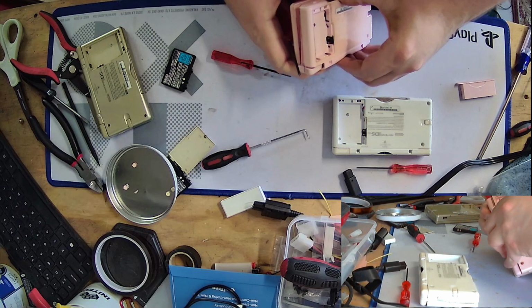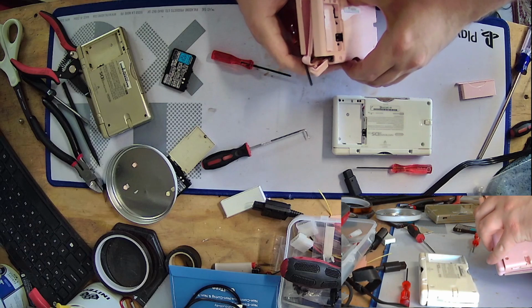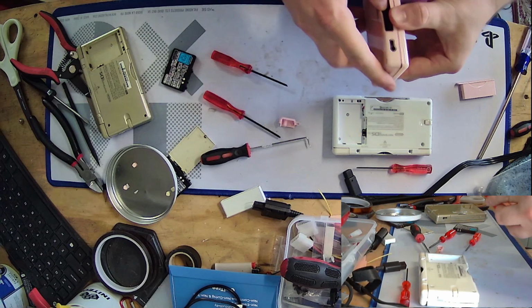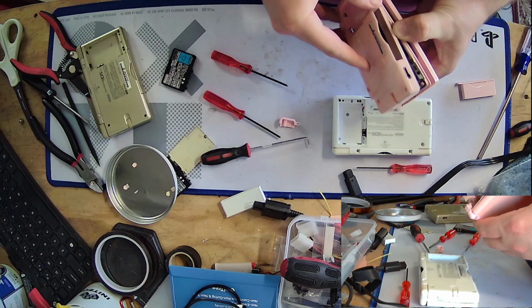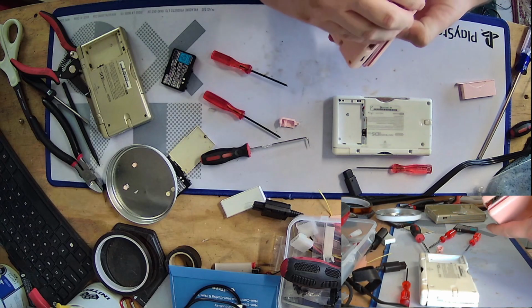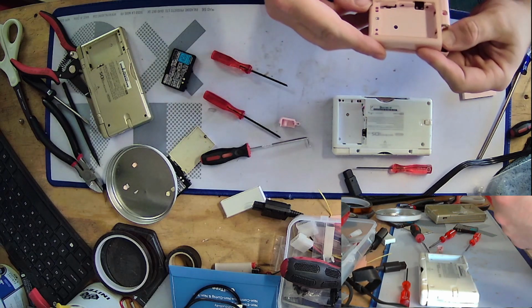But yeah, I mean, the DS is cool, especially now that I'm a bit older and a bit more nuanced with my tastes. I think I can appreciate what the DS was trying to do a bit more than I could as a kid. It's still not my favorite handheld, especially not from Nintendo, but...